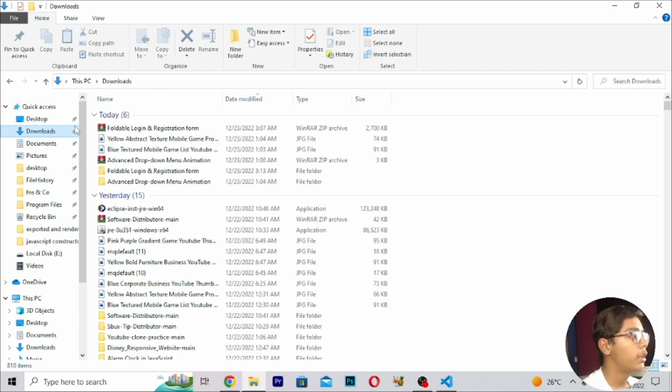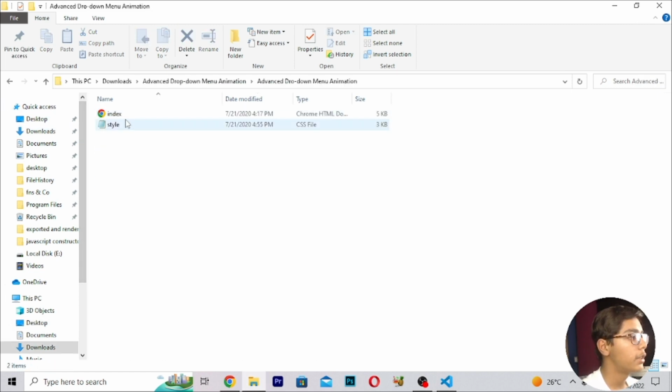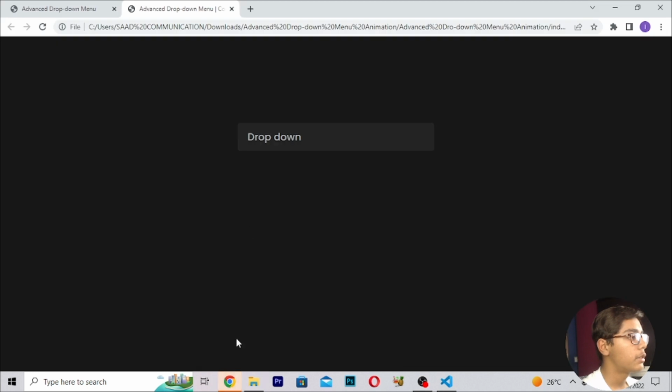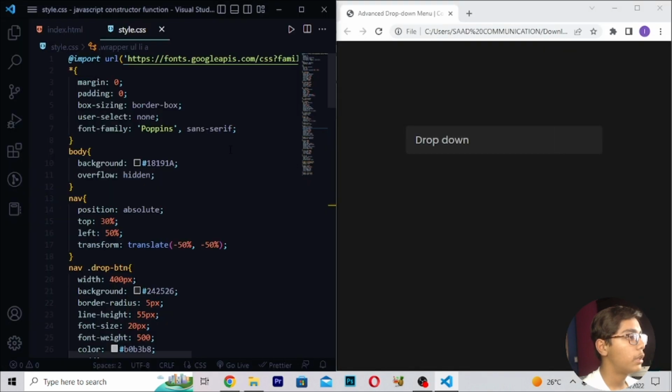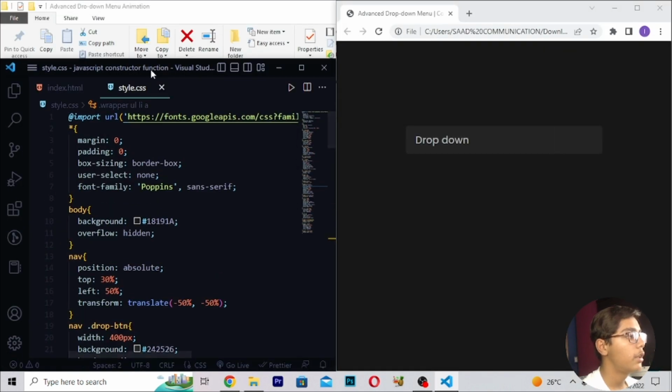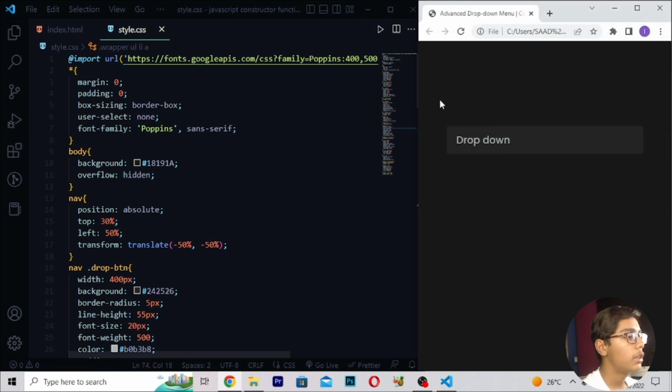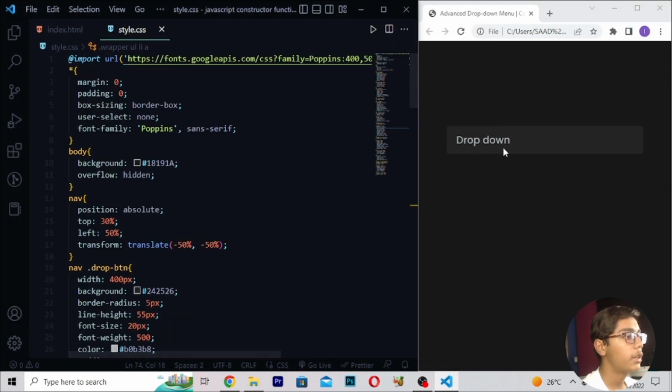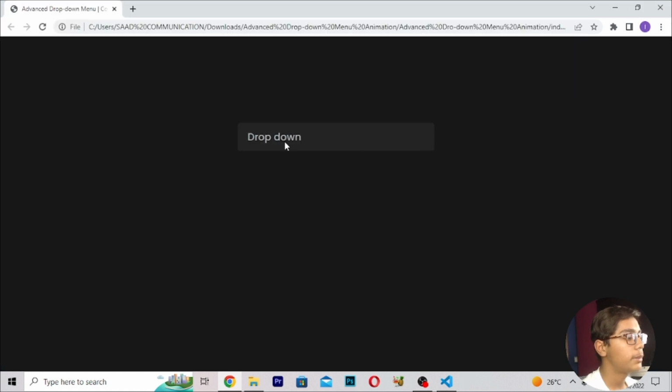So here I'll be going, then I will be moving in this. Then you have to just open this directly, and you can see we are getting all this stuff in both, but I will be doing it like this. So when you've written all these things, now you can see we are getting all this stuff here, and like this you will be getting one arrow here with the drop down, and like this you can just build this drop down menu.